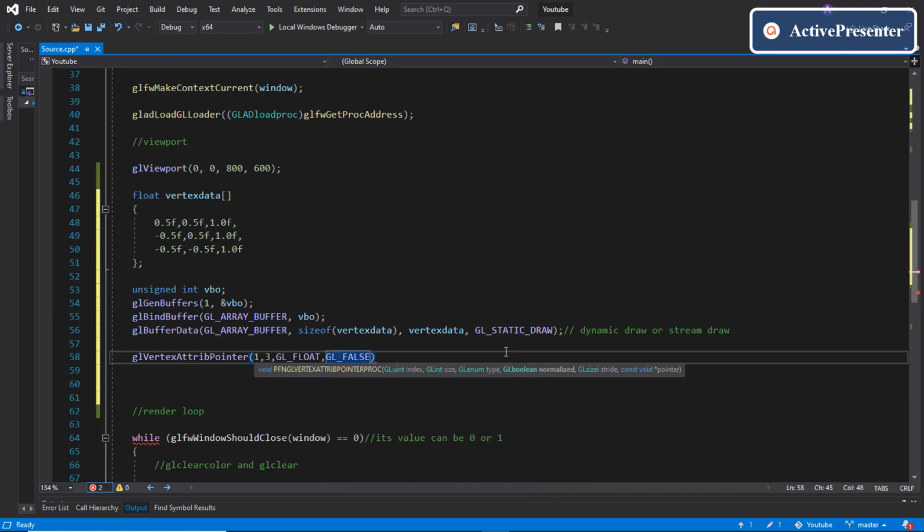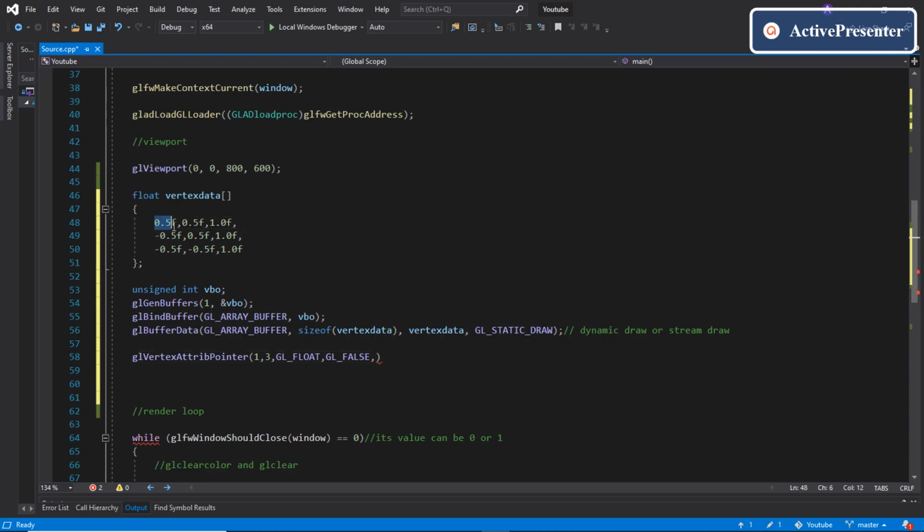The fifth argument is called the stride value. To understand the stride value, basically the stride means the distance between two similar entities inside the vertex data. What I mean by that is, the 0.5f here denotes the x coordinate of the first vertex.